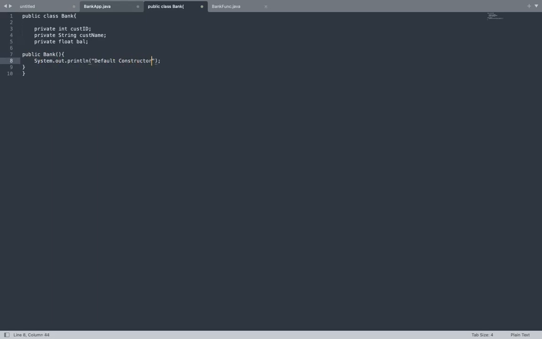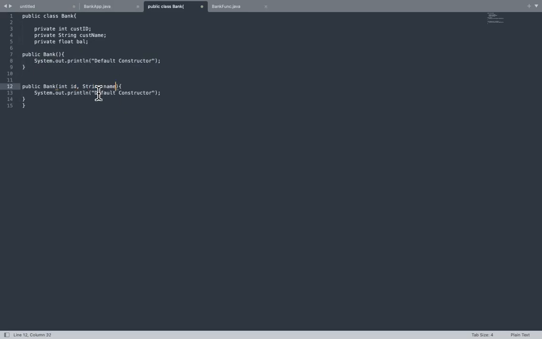Now, can you create one parameterized constructor just having customer ID and customer name? You have given int, right? So just give int ID, comma, String name.